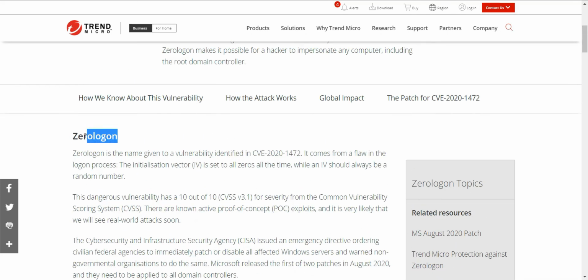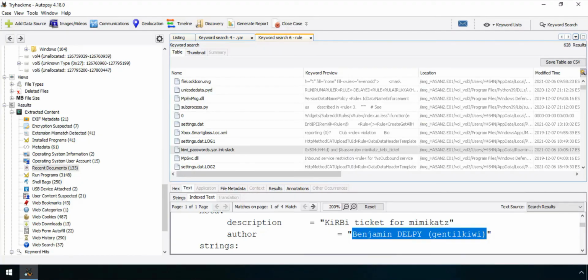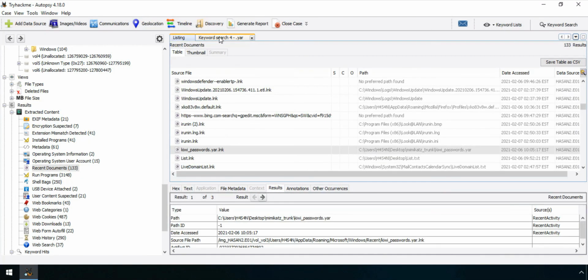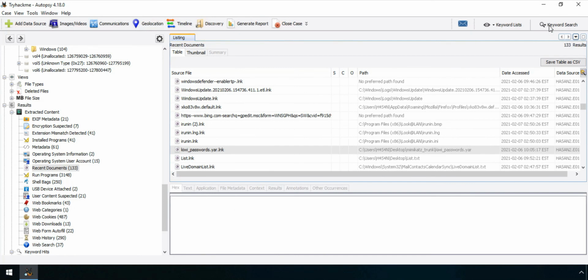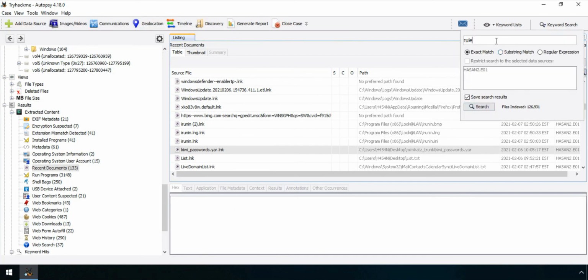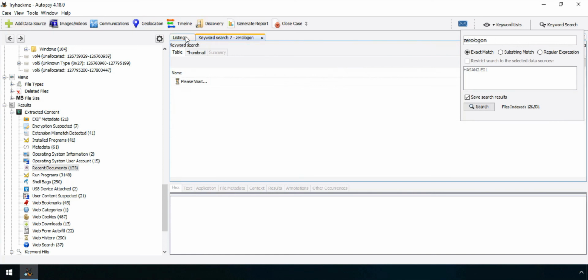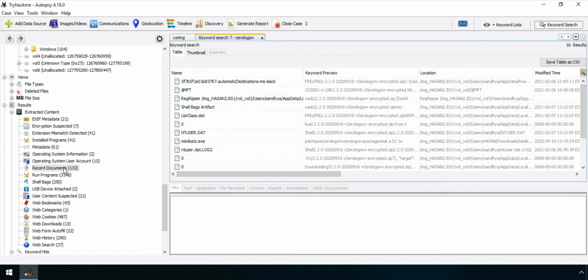So getting close to the answer, I will search whether there is a file named Zerologon in the system. So I will do another keyword search with the name Zerologon, and in the meanwhile I can check out the recent documents.